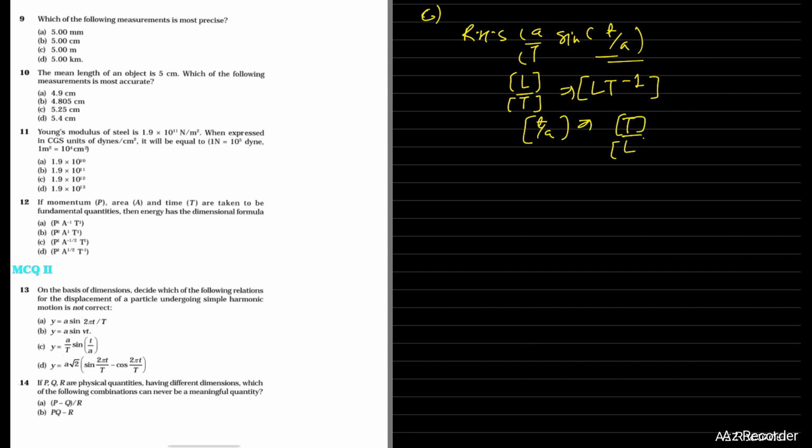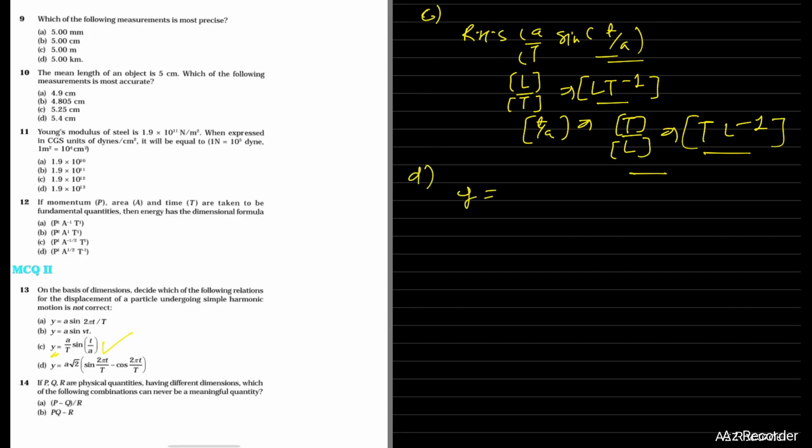It can simply be written as TL minus 1. So this is different, because in the LHS it is simply L, while here it is LT minus 1, TL minus 1. So this option is right. And option D,